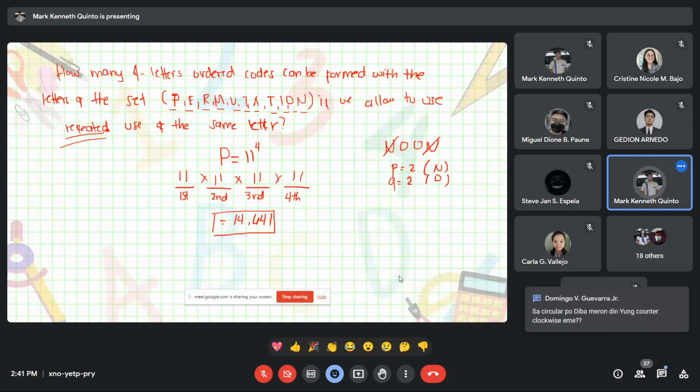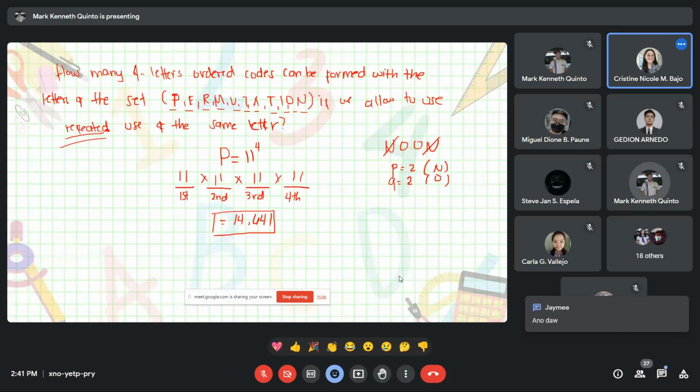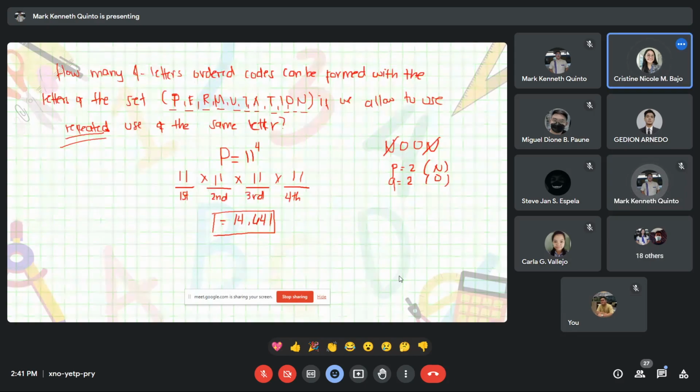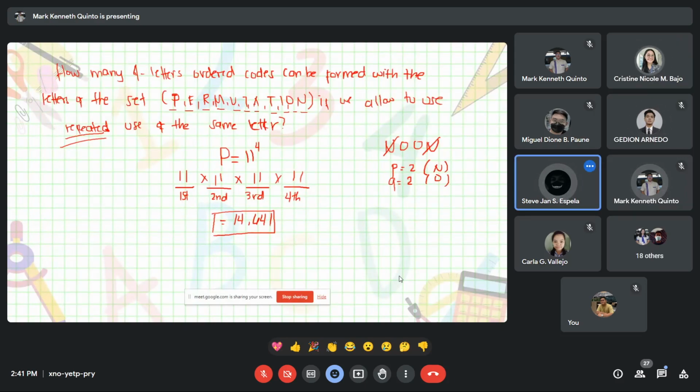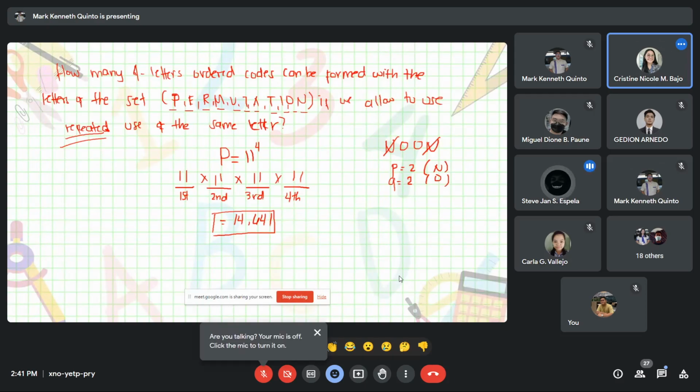Ikaw, Tin. Paano mo i-justify to? Since yung TNT nga is pareho. Wait lang. Ano yun? Yung tinatanong ni Carla, if we count yung T as one since dalawa naman siya, naulit na letter. Pwede ba siya i-count as one? Sabi? Hindi. Ayun ba yun? Ano ba yun? Wait lang, di ko kasi narinig. Ano yung ulit? Yung letter T daw, count as